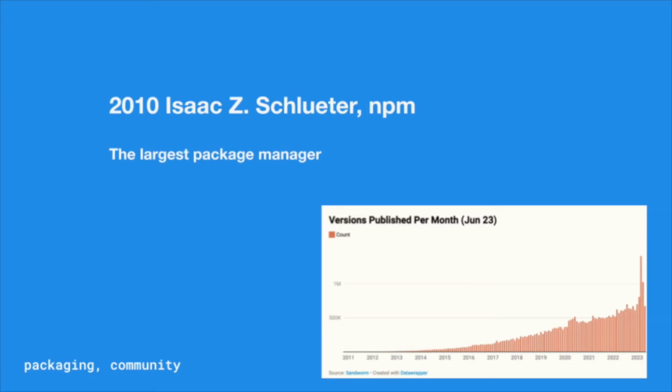2010 saw the birth of NPM, which, yes, it's another language package manager, but it exploded in popularity. It's become the largest package management system in the world by orders of magnitude. People joke about tiny dependencies like leftpad that caused all sorts of issues later, but it produced a way of working that was really about collaboration, code reuse at a scale that had not been seen before. And it brought millions of developers into the world of open source and code reuse.